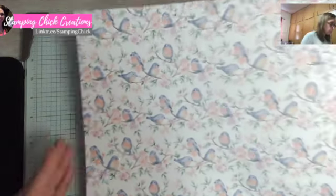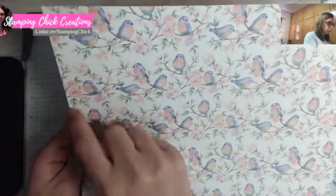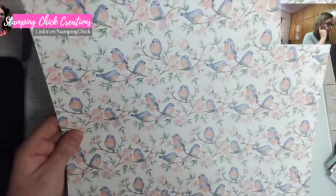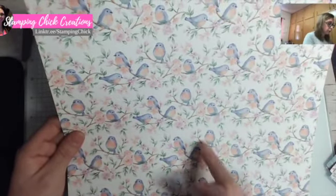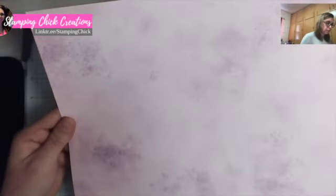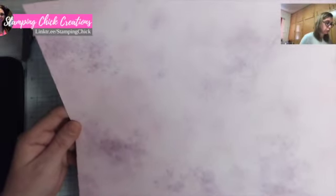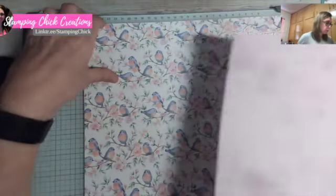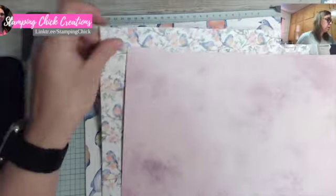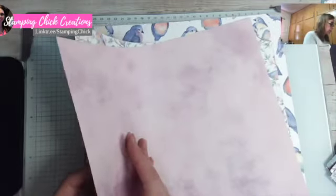And then there's this one here with a series of birds. So you could actually cut this out to make these into strips, again using a punch to highlight those ones. And then the back is the bubble bath and fresh freesia kind of look to it. I know the colors on camera probably do not showcase the incredible design and colors of these papers, but trust